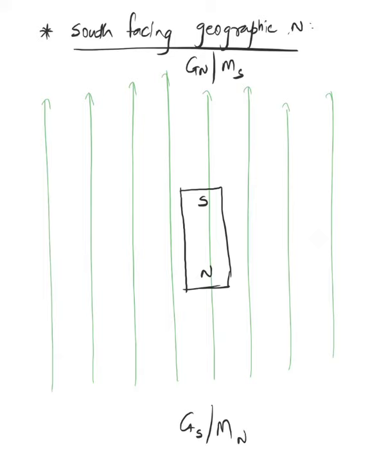Sir, isn't it ulta? No, it is right, geographic north is only your magnetic south, na? Yeah, right, we are doing only ulta. I said south is facing geographic north now, so we place the magnet only ulta. If you would invert the magnet now, you'll go back to the previous diagram.